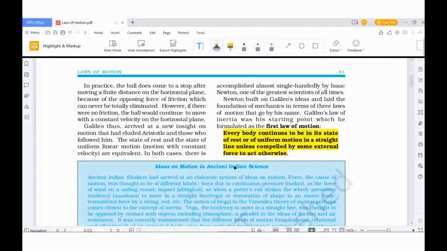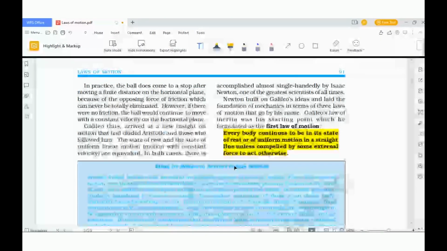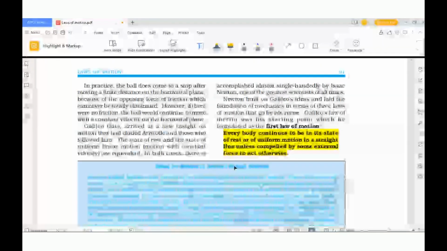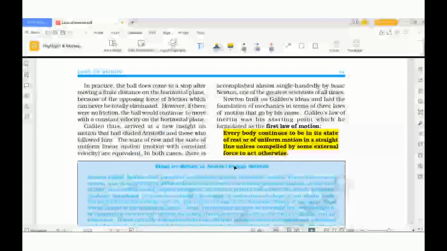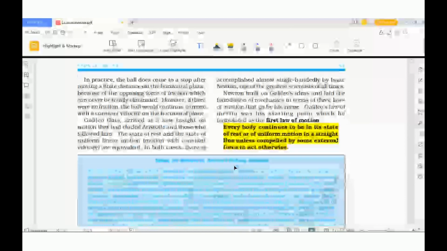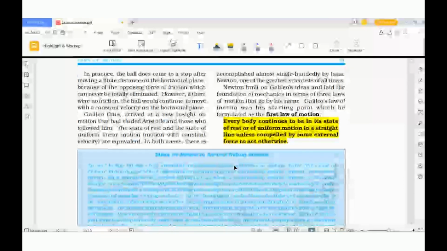And inertia can be classified into two types, like inertia of direction and inertia of motion. Inertia of direction is the inertia which tries to oppose any change in the direction of motion. And inertia of motion tries to oppose the change in its speed, or if it is at rest, it tries to oppose the change from the state of rest to the state of motion. So inertia of motion and direction, right?